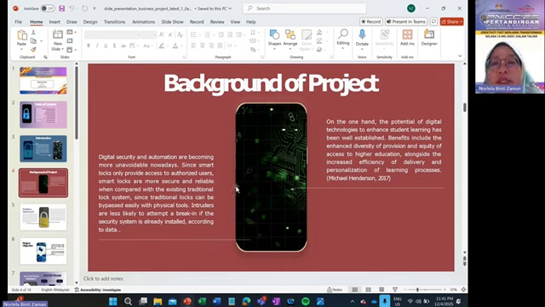On the other hand, the potential of digital technology to enhance student learning has been well established. Benefits include enhanced diversity of provision, equity of access to higher education, alongside increased efficiencies of delivery and personalization of the learning process, according to Michael Henderson 2017.